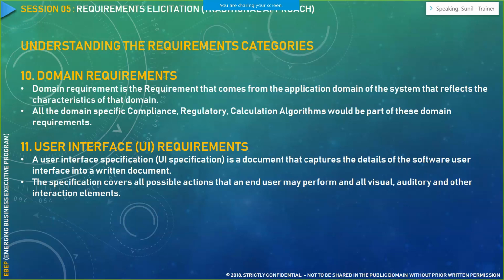So these are the requirements that you need to handle very specifically, because for a given day they may consider that they are unable to do any business, but doing wrong business is something that they cannot expect. They may choose that we don't get any business for a particular day, but we cannot do illegal business, because the domain itself is very sensitive, the banking, financial services and insurance domain. Any flaw in compliance, in regulatory or in algorithm would completely throw them out of the market. So you need to be very careful when you are writing domain requirement.